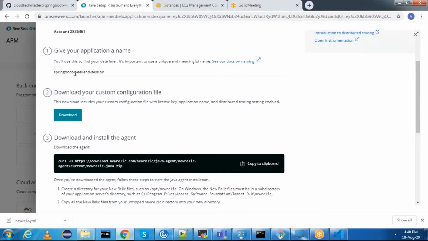This YAML file contains the license key of your New Relic and the application name which we have given in New Relic. These are the two important parameters: one is application name, another one is license key.